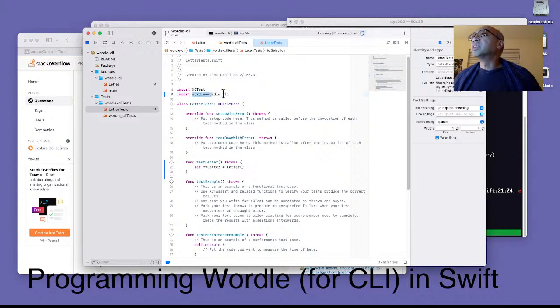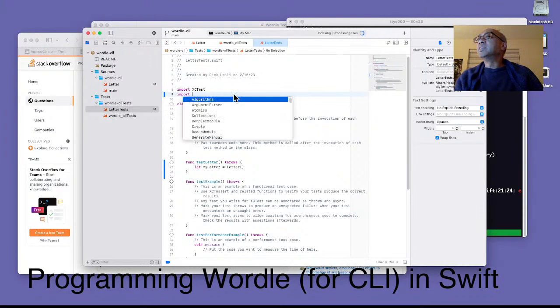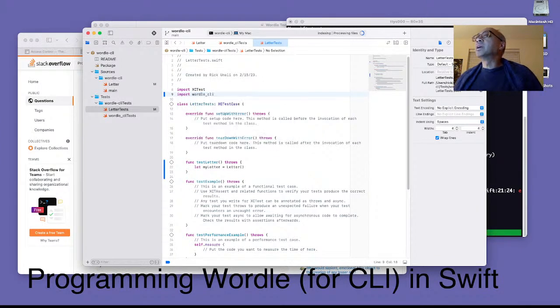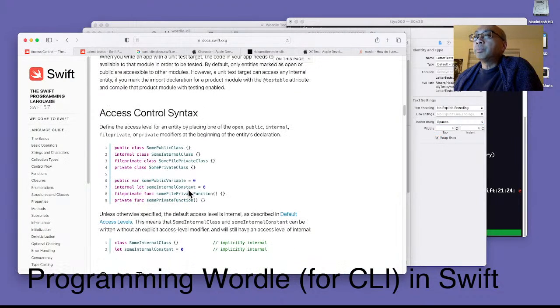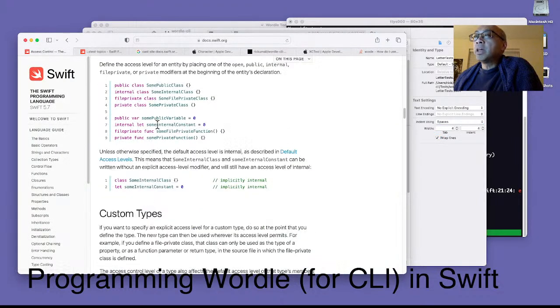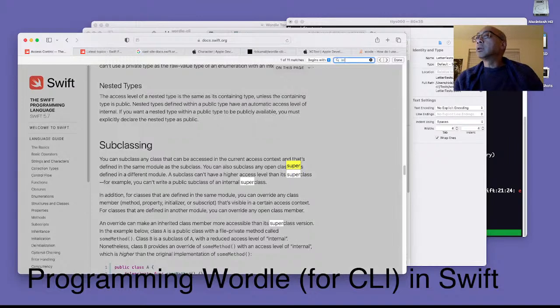No, but it didn't. Let me do it this way. There we go. Now there's not going to be any more complaints about it, but now it says this: the initializer is inaccessible due to the internal protection level. And as we discussed, the method inside is also governed by these access controls: public, internal, private. So if I search for init,